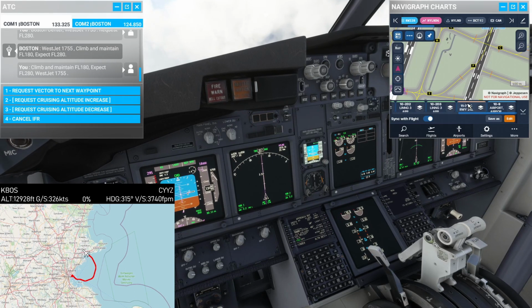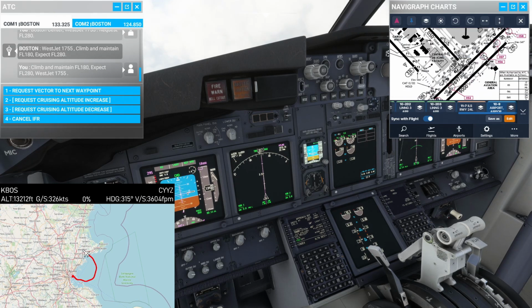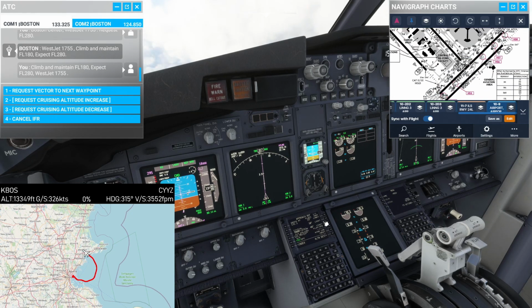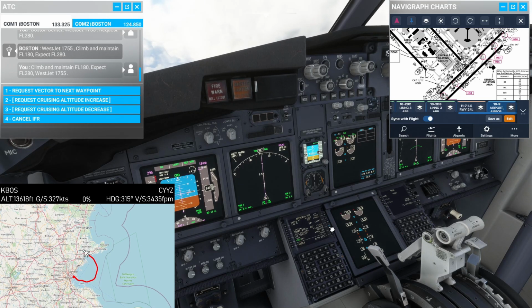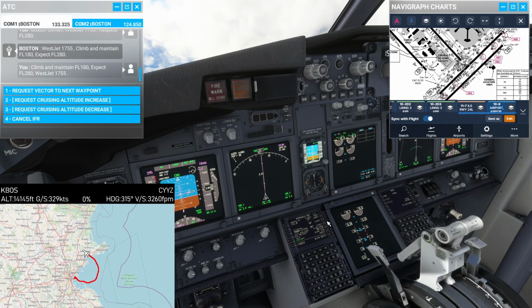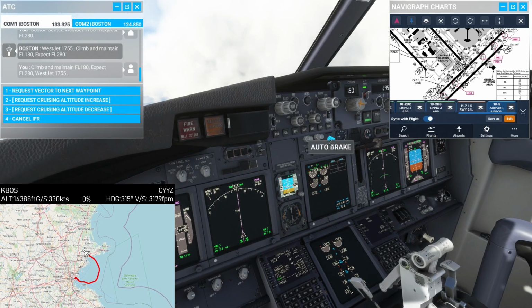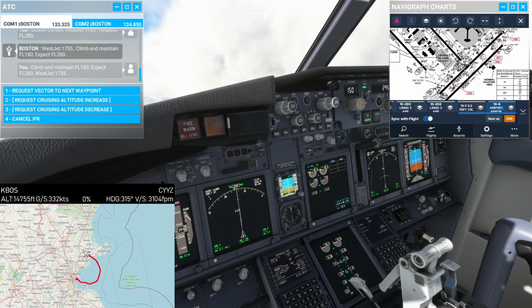How long is runway 24 left actually? In Toronto, 24 left is 9,000 feet long. I'm gonna go flaps 30, and yeah, flaps 30 seems like a good decision. Gonna be 135 ref speed. Auto brake, we can probably just do 2. Seatbelt sign, don't change that yet. We will wait until